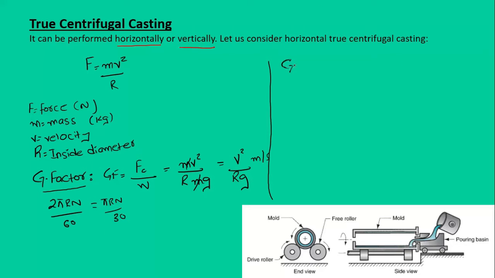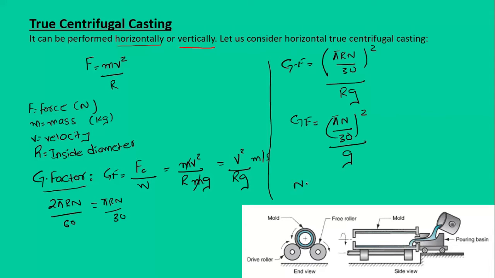So the GF would be equal to pi r n by 30, whole square, divided by rg, and we have r square. You can cancel out this r with that one, so we have GF equals to pi n by 30, square, by g. Now we can solve it for the n, because we need to